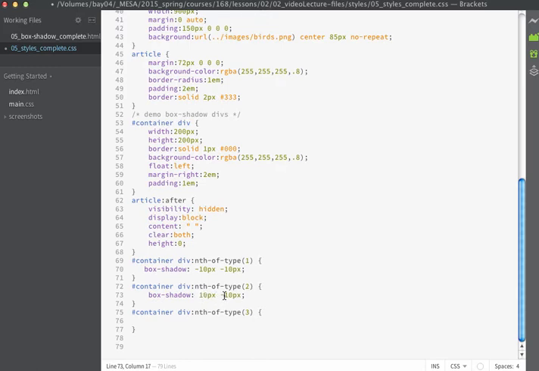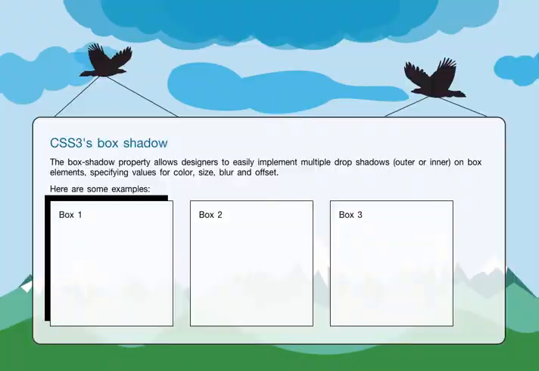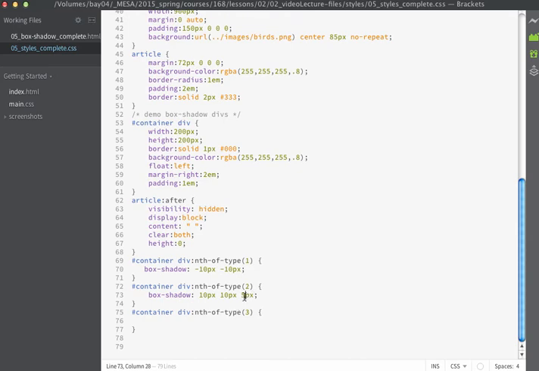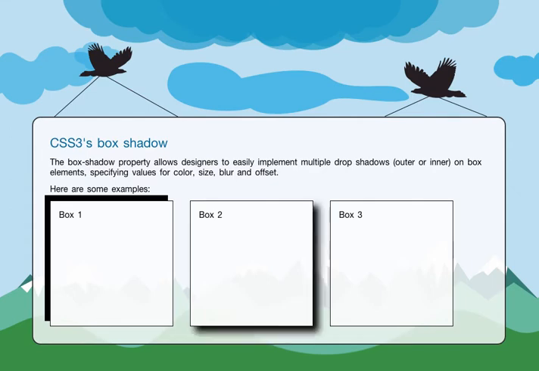Let's have this shadow be in the lower right, and then in addition to the horizontal and vertical offset, I'm going to set a blur amount. I'll set the blur amount to be 5 pixels. If we save now and look in the browser, you're going to see that this second shadow has more of a soft edge. It kind of becomes more diffused along the edge. Obviously, if you increase this amount, the shadow is going to become more blurry on the edge. If I change that from 5 pixels to 20, you can see that the edge of my shadow becomes much